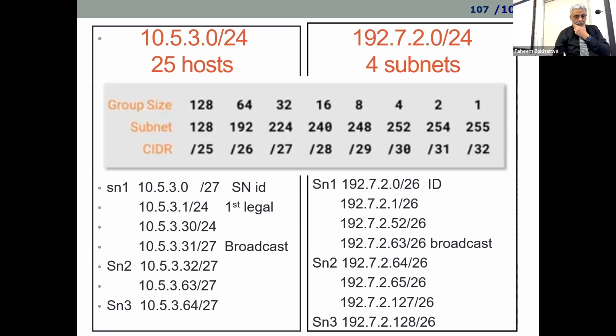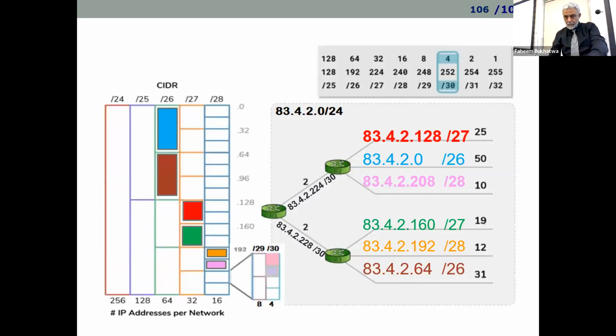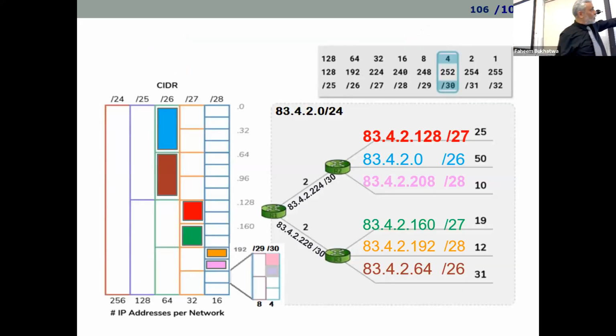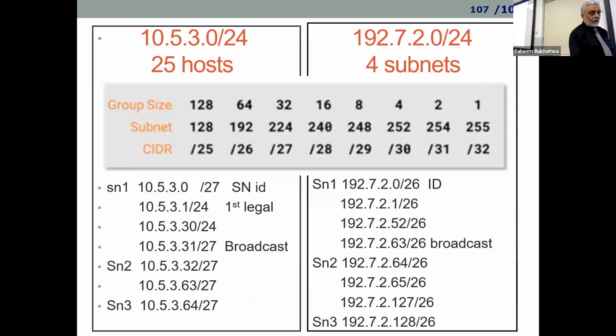Okay, I think this one belongs to 10530. All right, then you need to give each individual network here its ID. The blue one, this one here, 83.4.2.0, that's its ID. What's the first legal address? What's the last legal address, and what's its broadcast address? The broadcast is, this one starts at 64, that means this one's 63. And that's what's in the next sheet here. That gives you the exact